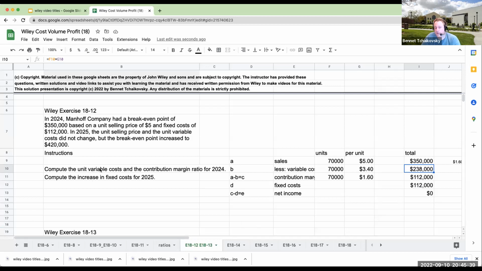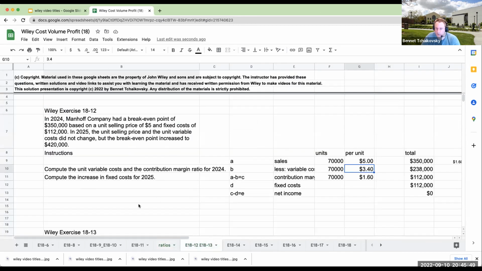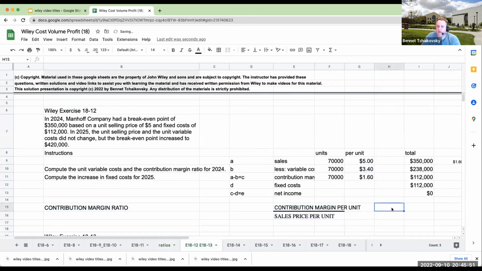Unit variable cost will be here at $3.40. What is the contribution margin ratio? It's the contribution margin per unit divided by the sales price per unit. My contribution margin per unit is 1.6, so my contribution margin ratio is going to be 1.6 divided by 5,